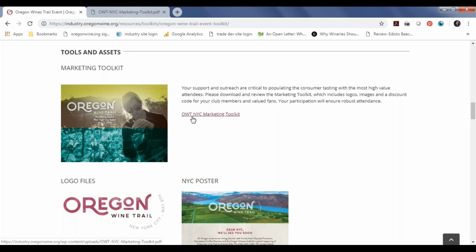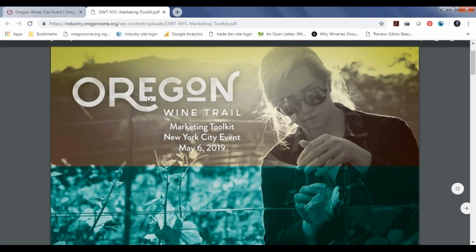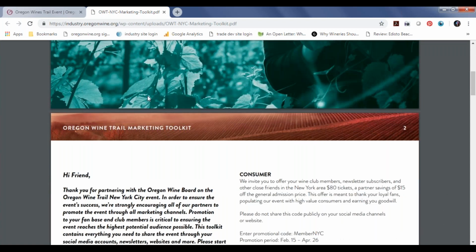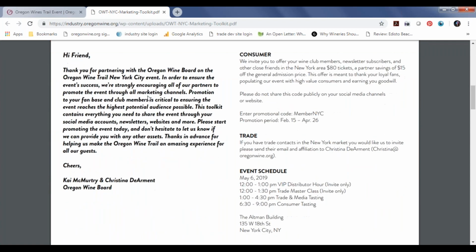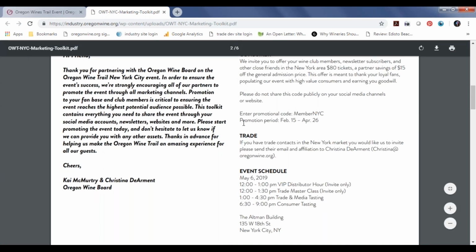If you click the image or you click this link, it will open up here in a new tab. It's a hyperlinked PDF that has everything you need to share this with your consumers or with your trade networks. You've got general information about the sessions here, including some important information right here,